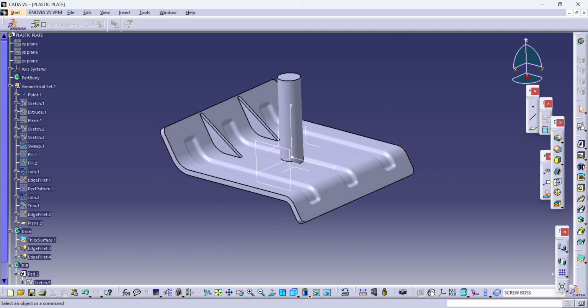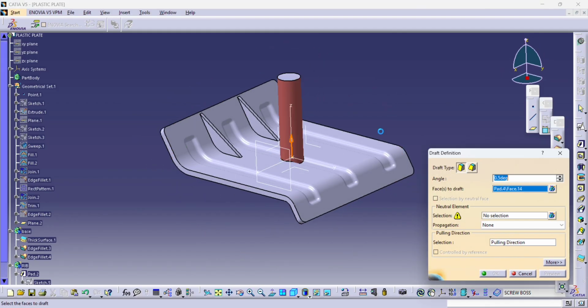Now here the pad of the screw boss is completed. Let's add the draft, draft of 0.5. Give the direction, material is removed. Okay,